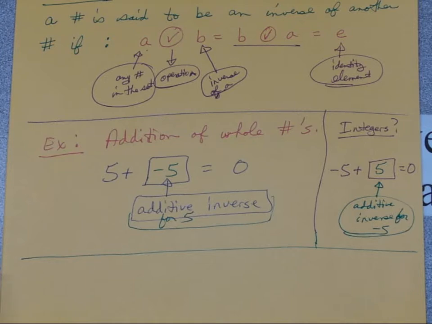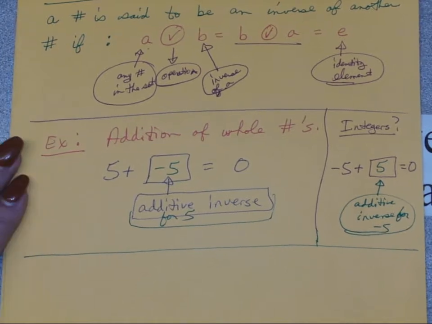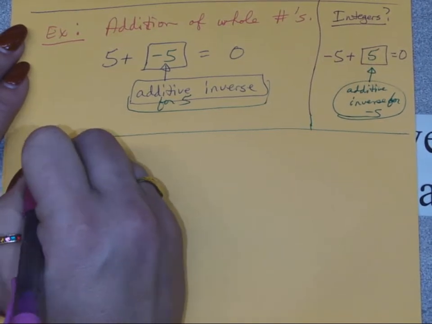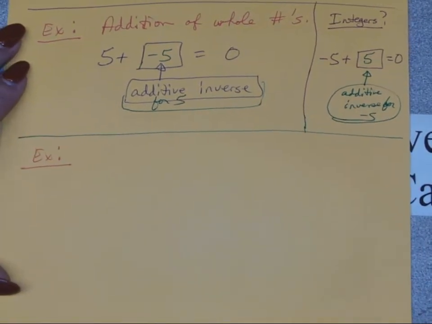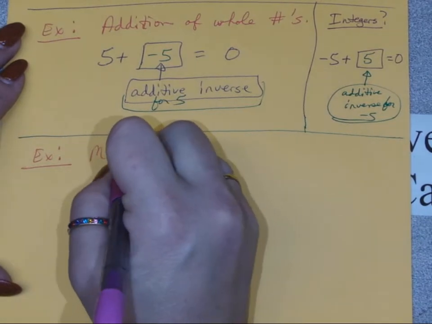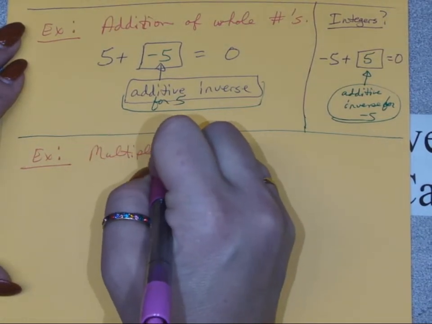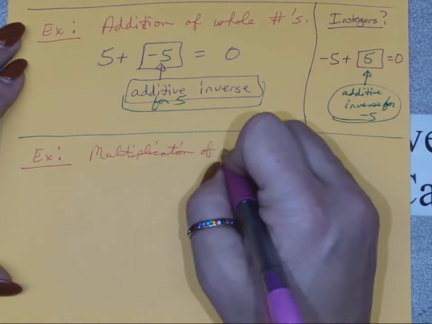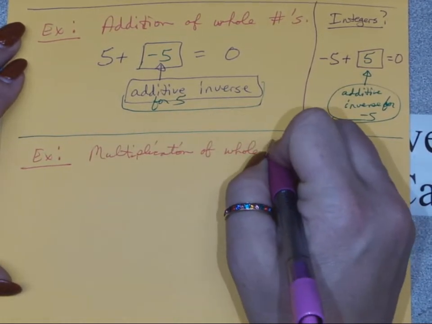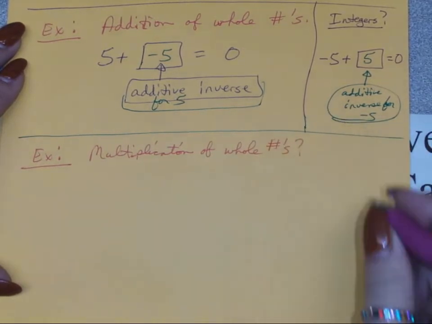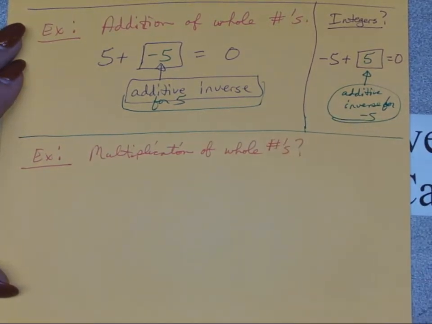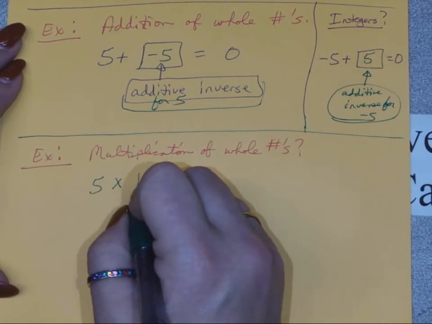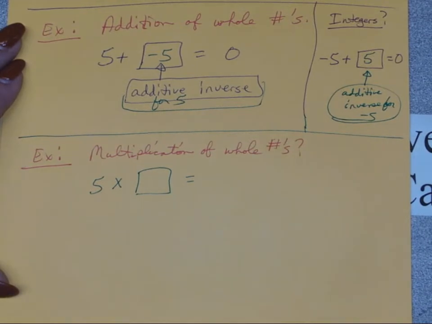So it doesn't matter what I give you there, okay? The other example, because these are the only 2, by the way, that have identities and the only 2 that have inverses, is what about multiplication? Multiplication of whole numbers. What about that? So, all right, let's think about it. I've got a 5. I'm going to multiply it by something. And I want to get back the